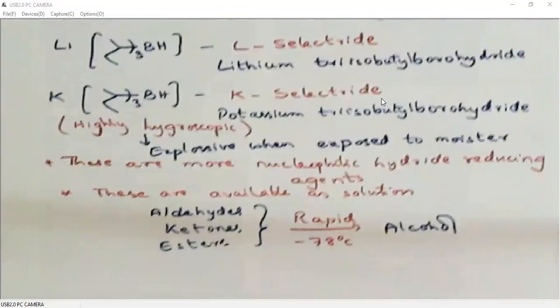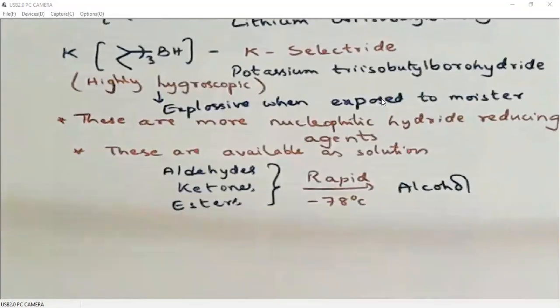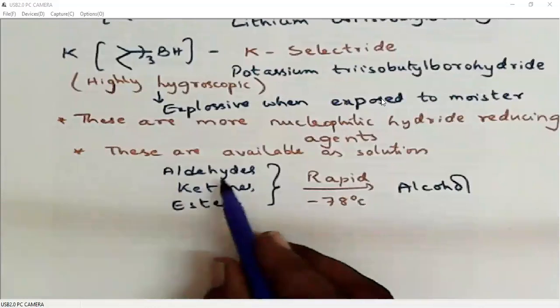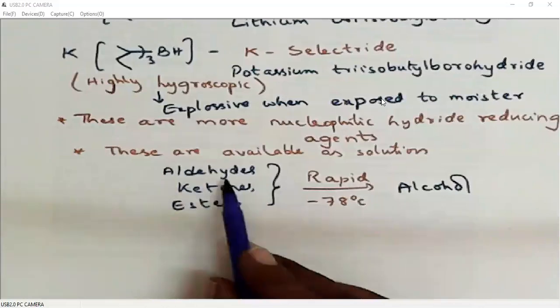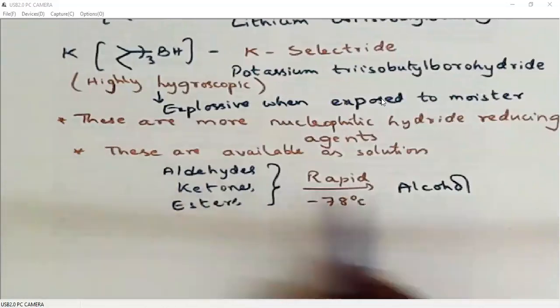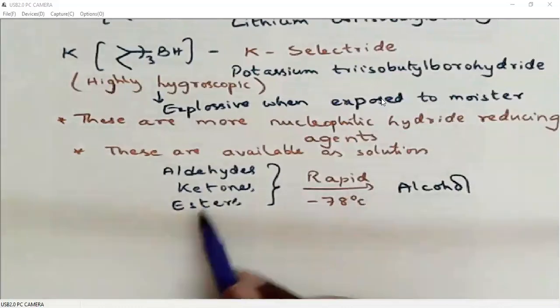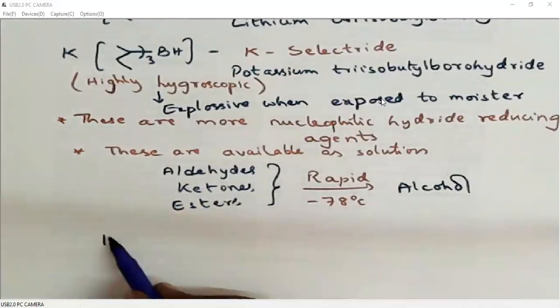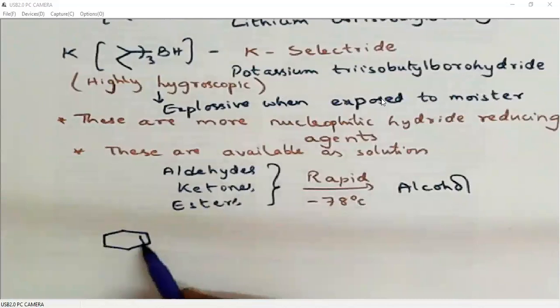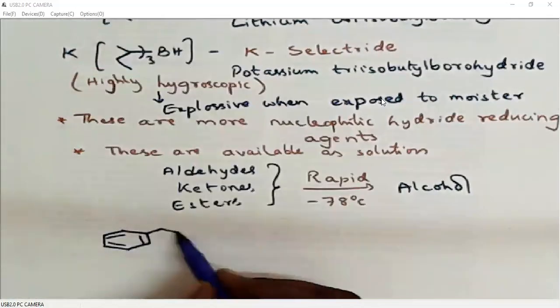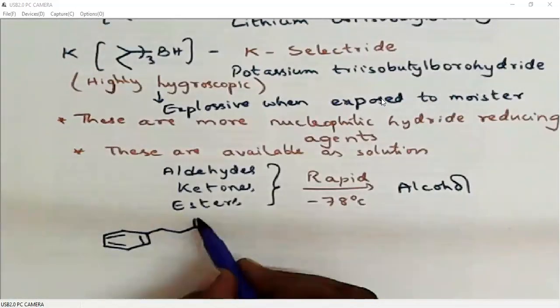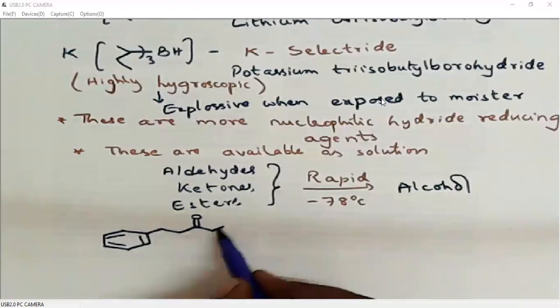So I'll give a few examples for these reagents. Of course, I won't give normal examples, because you know how we can reduce aldehydes to alcohols, and ketones or esters to alcohols. What I'll give is the selectivity in these reagents. See, these are very sterically crowded systems and they are very reactive systems. Then how do we differentiate different